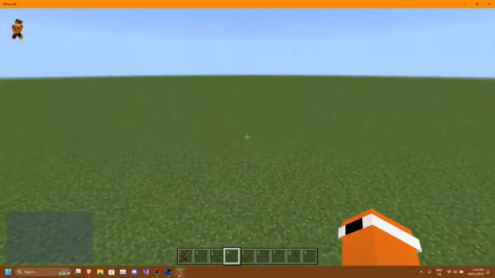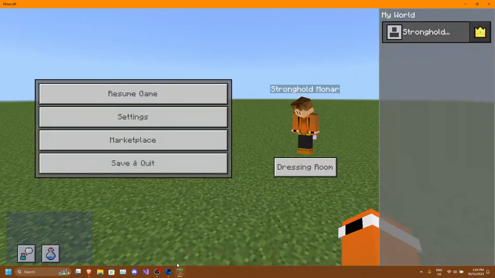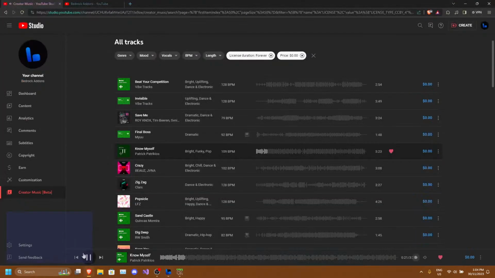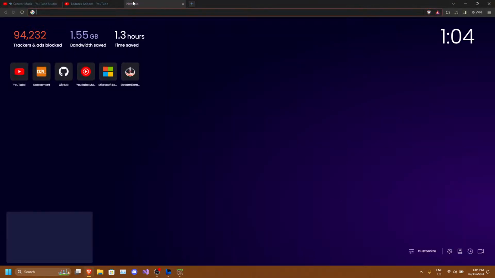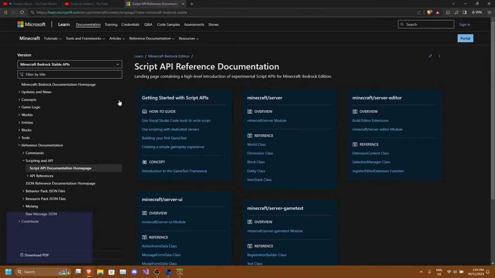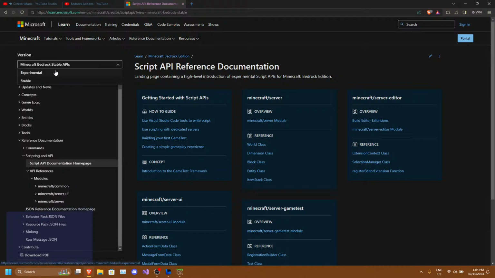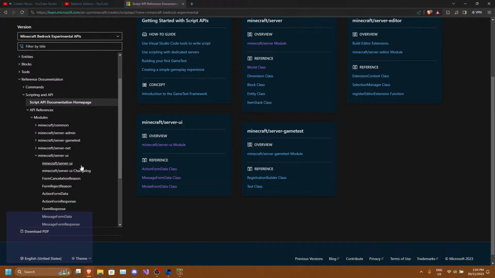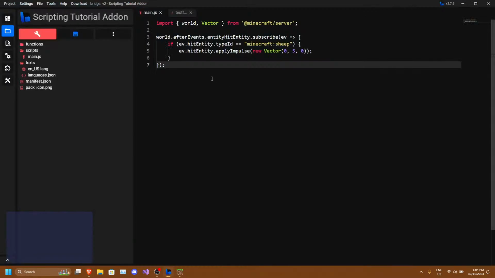I mean, that's some of the stuff you can do. What else could we do with this? If we go to the script API reference documentation, we want the experimental toggles. Right, so we can do the forms.